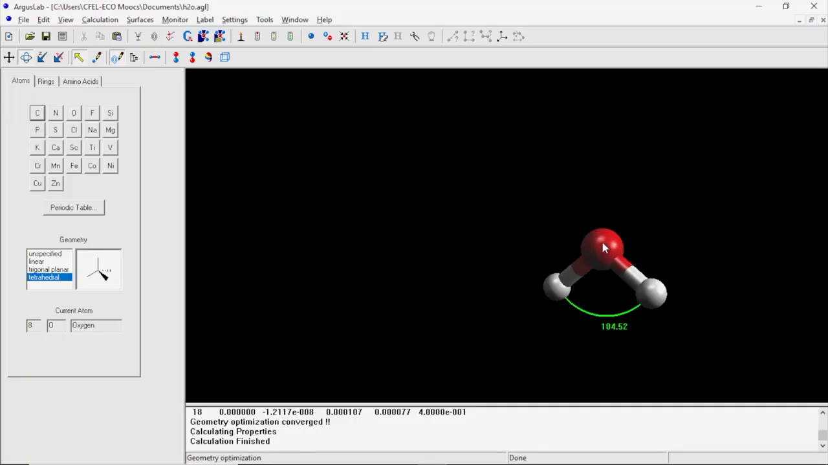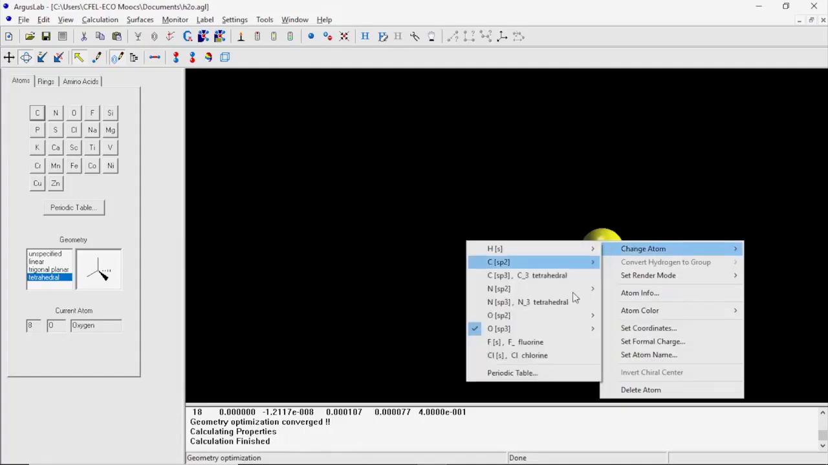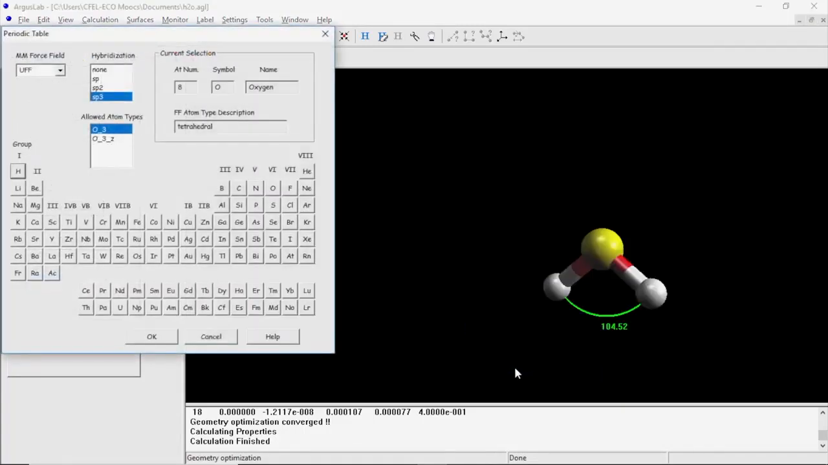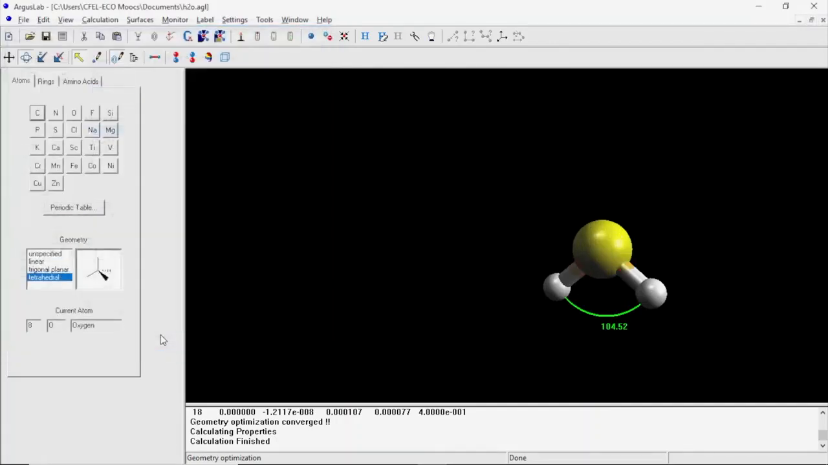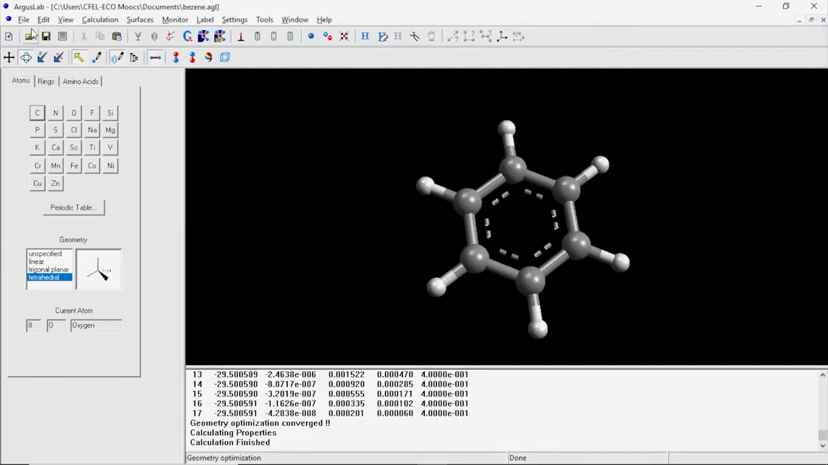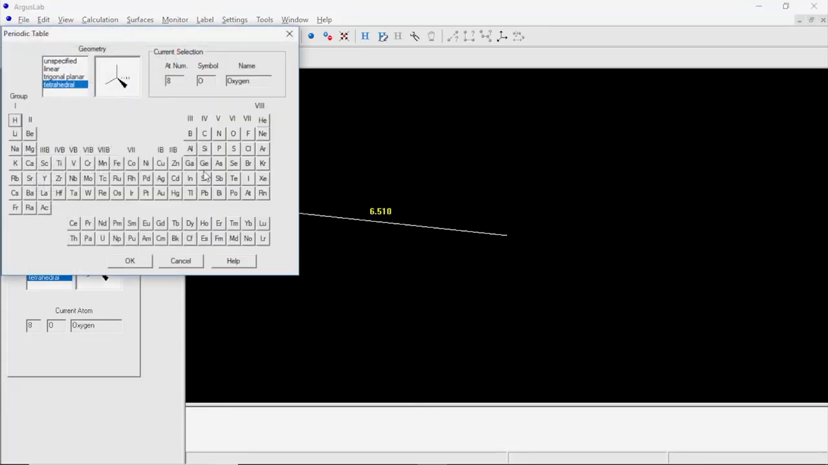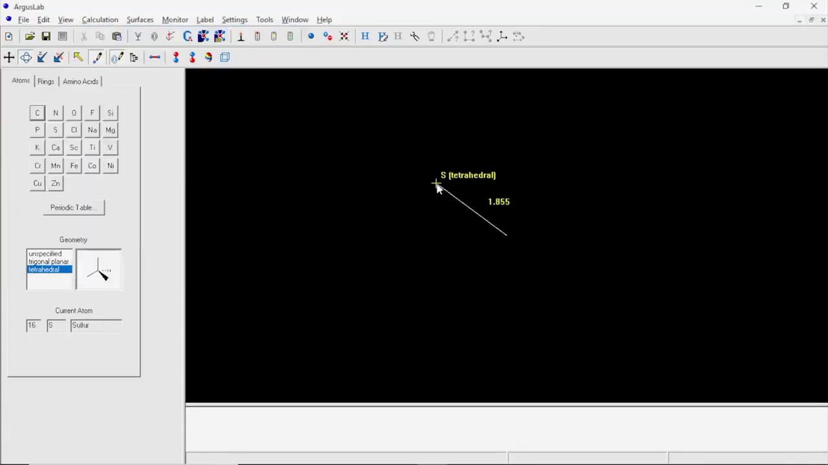Now there are two methods to make H2S. Either you can select this atom and change atom. So you can change the atom from the periodic table like this, right? And okay, and it will become sulfur. So you can do that, or you can altogether cancel this. Molecule has changed. Do you wish to save before closing it? No. So you can make a new molecule, and just like water you can select sulfur, tetrahedral, and then you